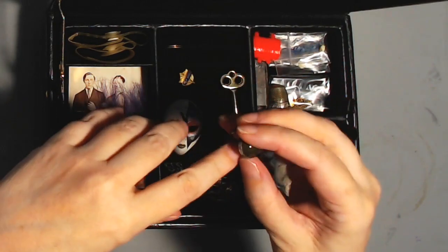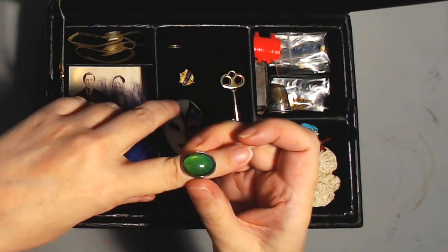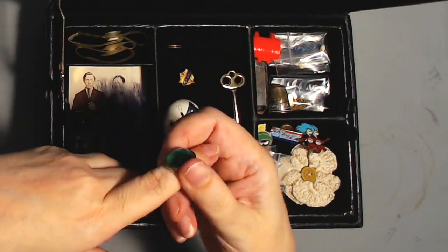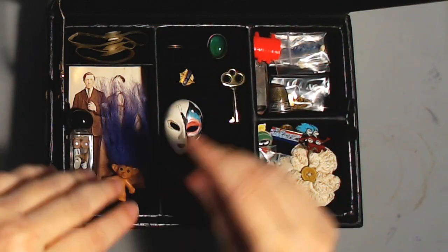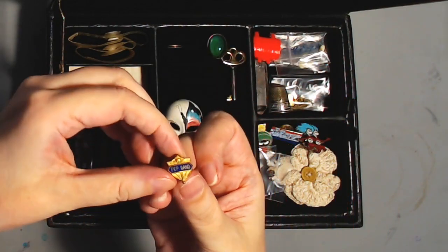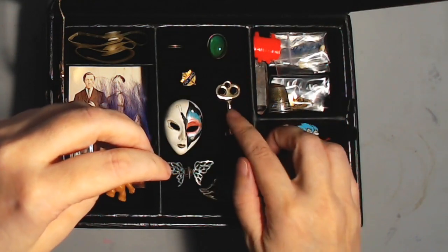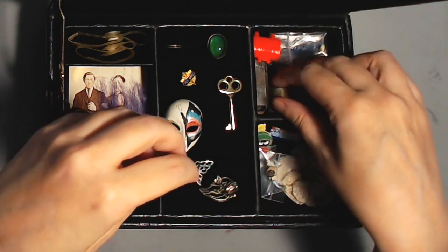Here is an old mood ring. Yes, it is a piece of jewelry, but it's not really something that I would ever wear, but it is a cool little something to have, and so I keep it in here so that I know where it is and I don't get it lost. This is a pep band pin I got in high school when I was in the band there. A key to my other jewelry box. I've got my grandmother's thimble,